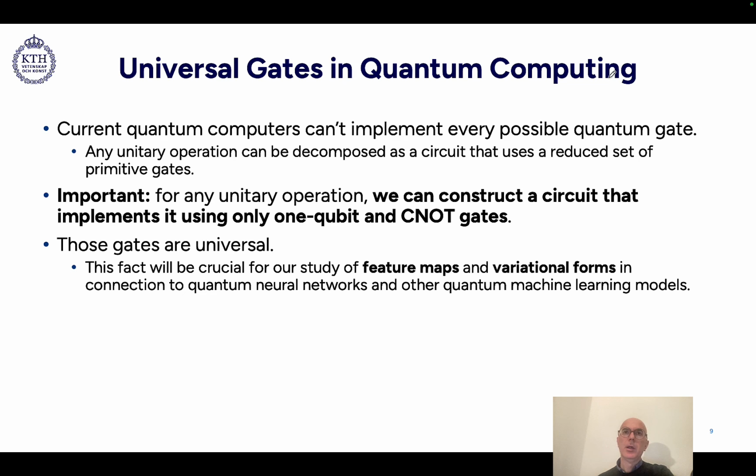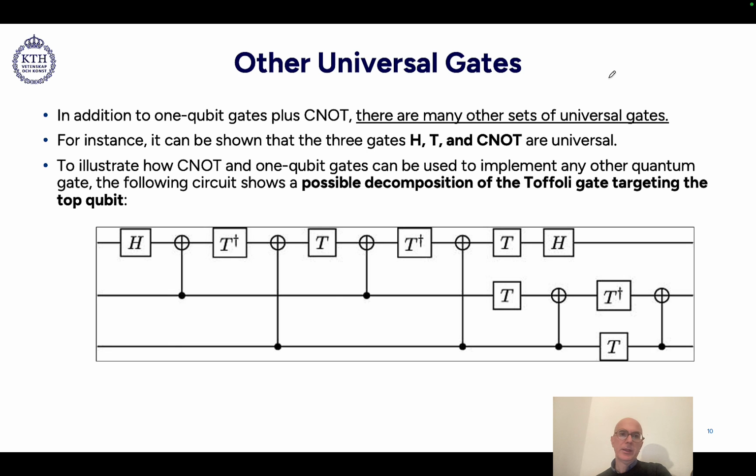This means that by using a certain set of quantum gates, we will know for sure that we can implement any other quantum gates. In addition to 1 qubit gates plus a CNOT, there are several other sets of universal gates. For instance, it can be shown that the 3 gates, Hadamard gate, the T gate, and the CNOT also are a universal set. And this is just an example of how to implement a CCNOT or a Toffoli gate by just using a CNOT and the T